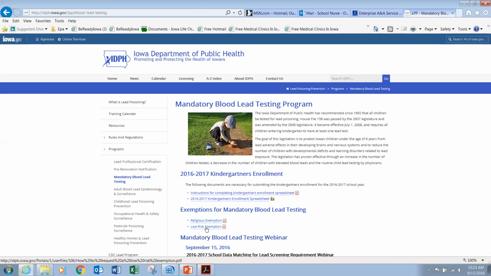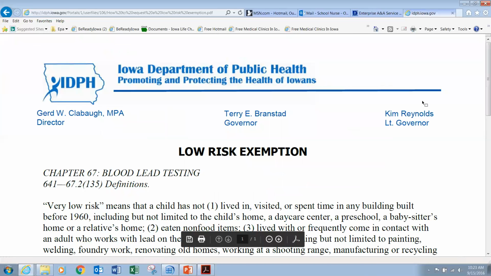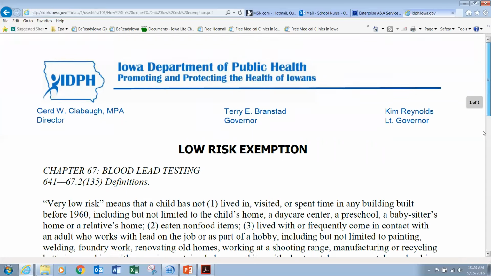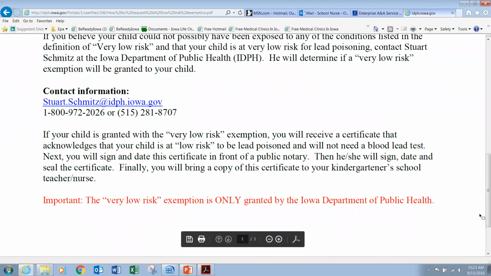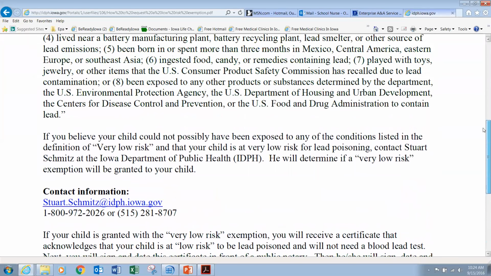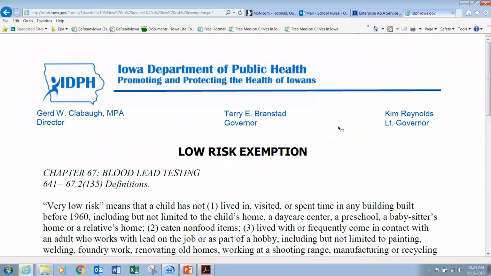If somebody clicks here, they will not find the certificate, because they need to call to get that certificate. S2 is going to ask several questions of the parents. If they meet the criteria, they will be given a certificate. If they don't, they cannot be granted this low risk exemption. So just for you to know, and parents to know.